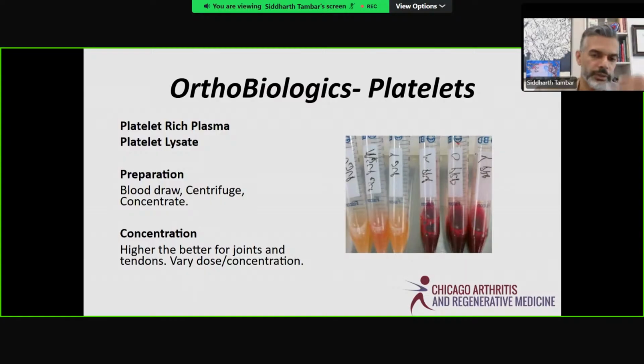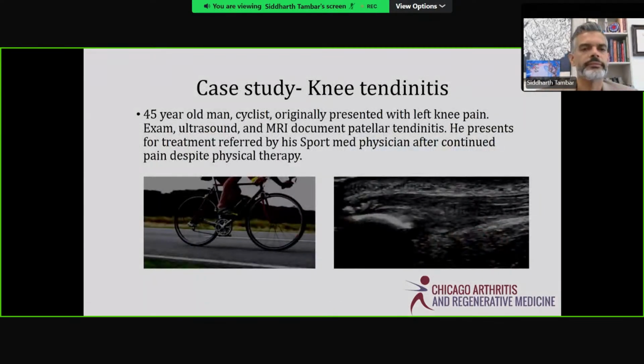And then you've got the platelet-rich plasma on the right, which has a lot of red blood cells. We don't recommend that one. That one can be helpful in muscles, but in other areas, it tends to be more inflammatory. There's also something called platelet lysate, where we take that amber-colored platelet-rich plasma, crack open the platelets, and just take the growth factors. That's even less inflammatory. We like that around nerves in particular.